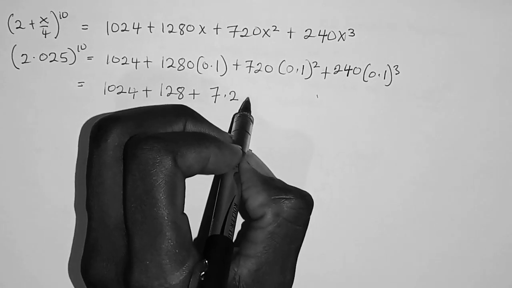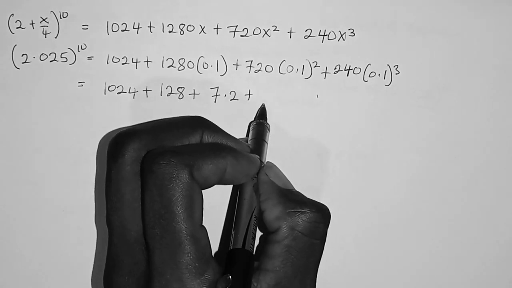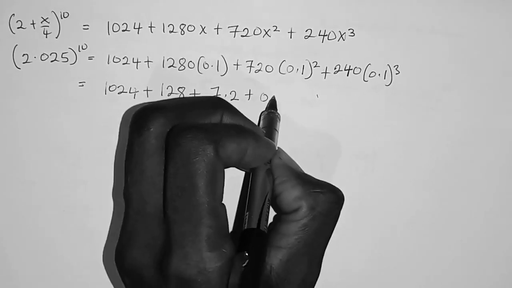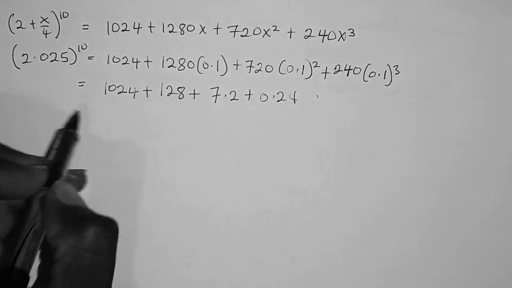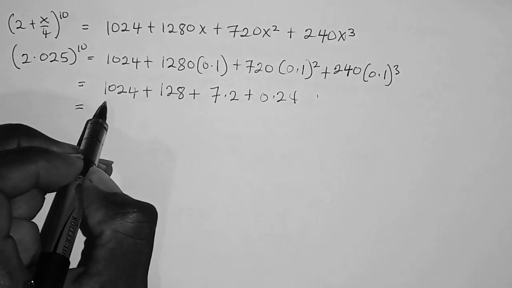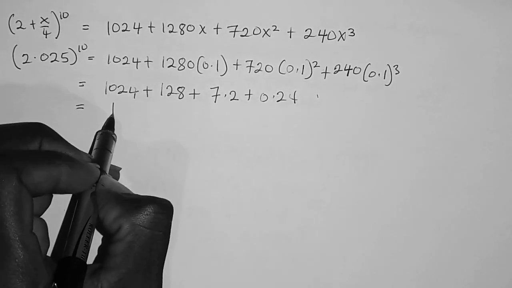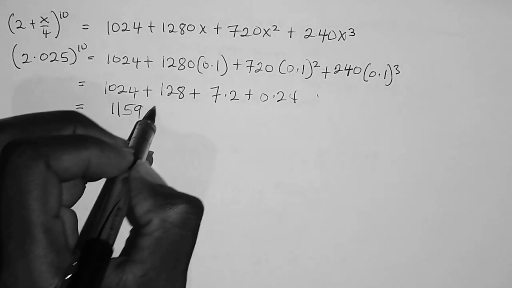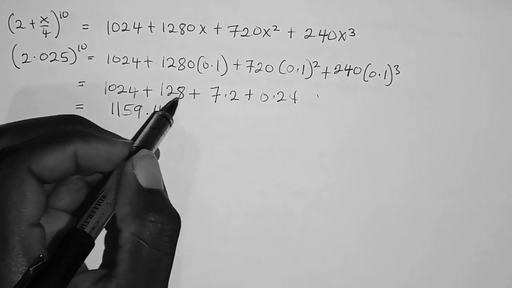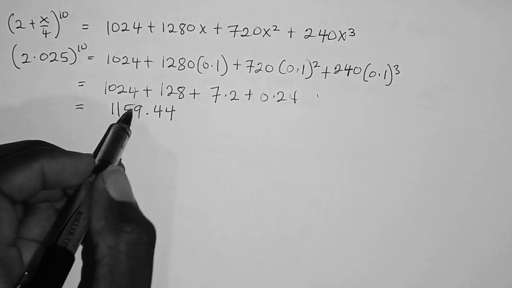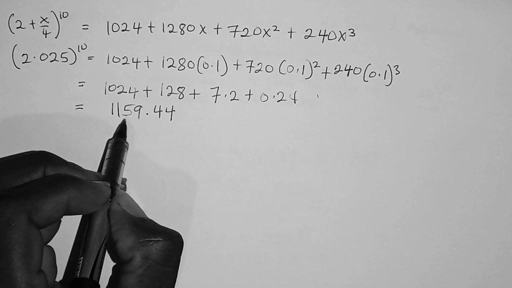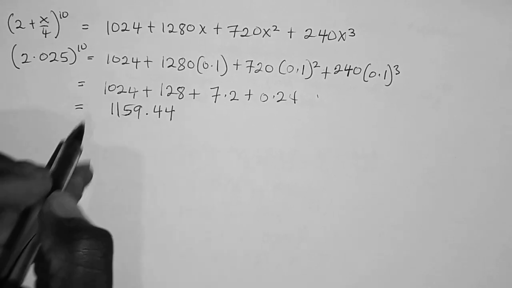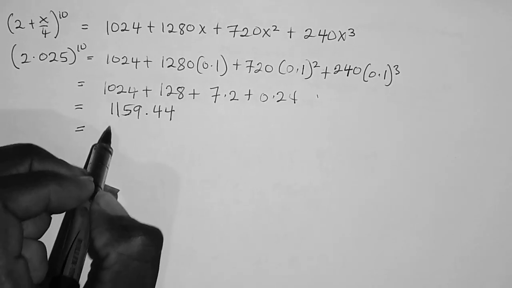Then 240 times 0.1 cubed is equal to 0.24. So if we add all, we are going to get 1159.44. But the question said we should leave it correct to the nearest whole number. So in writing this correct to the nearest whole number, the correct answer is